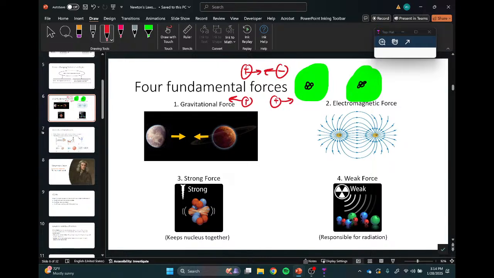Forces. Every single push or pull goes into one of these 4 things. They're independent of each other, so that's an interesting little fact. They made a whole movie with this name, I think, Grand Unifying Theory. Isn't there something about Stephen Hawking unifying theory? I don't know. I feel like there's some movie with this name.